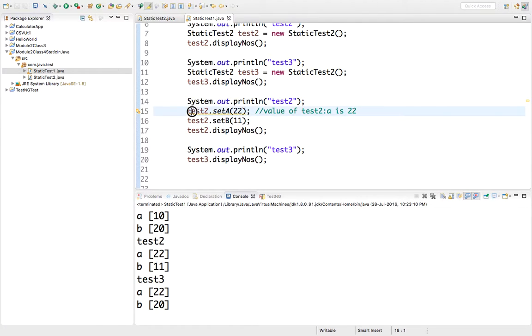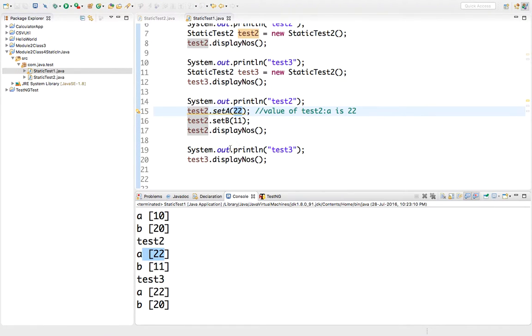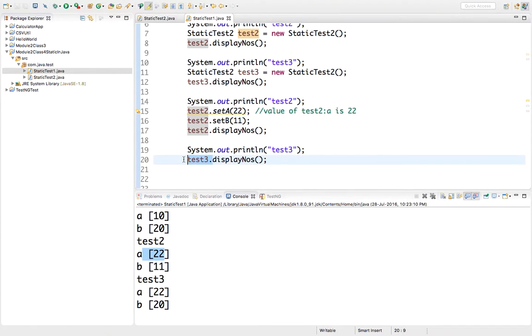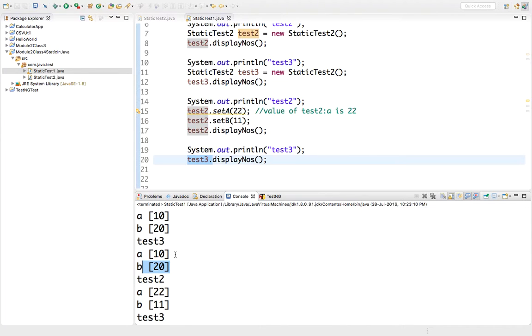See, for test2 you have set 22 as A. For test3 you have not set anything, right? The value of A for test3 was 10.